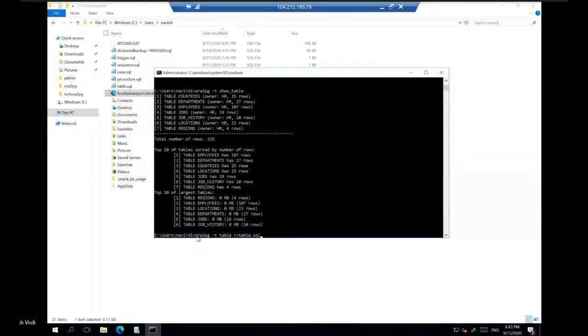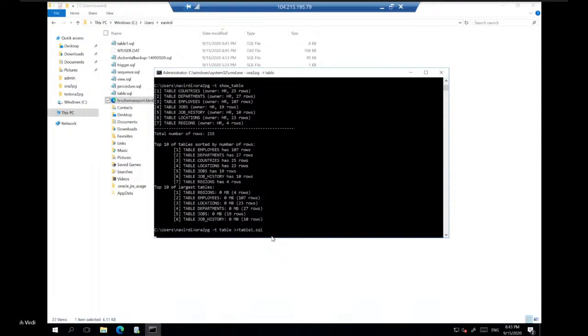What this will do is Ora2PG will go into the Oracle database, find out all the table structures, and export them as a SQL statement which is PostgreSQL specific, and it will automatically convert all the structures and all the data types to the relevant PostgreSQL equivalents.